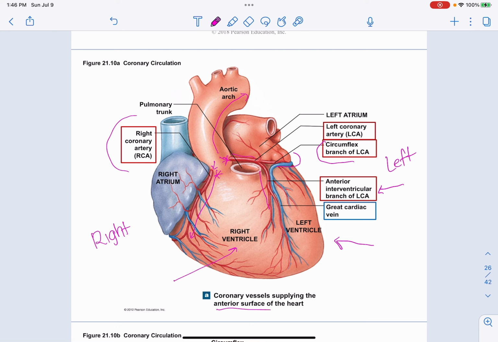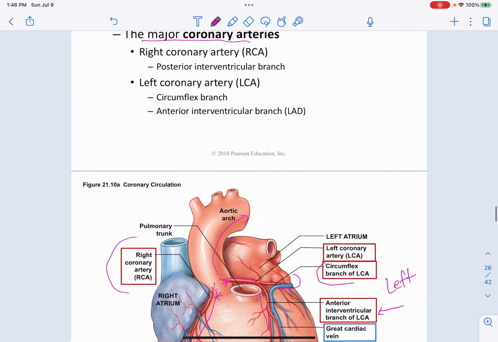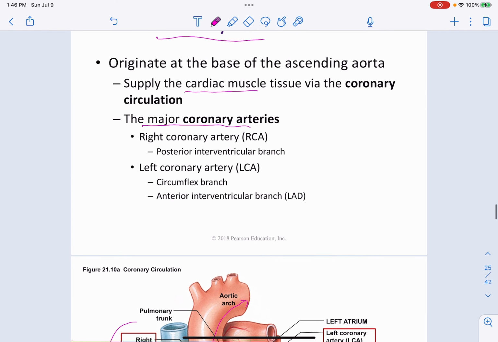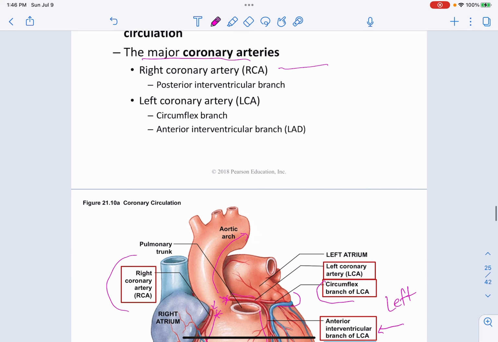There are actually many arteries and veins that provide blood to the heart and then return that used blood, but I'm trying to pick out the major ones for you to memorize, but we will, of course, not go over all of them. So I'm trying to box the ones that I want you to know. So again, if we come back here, the right coronary artery,